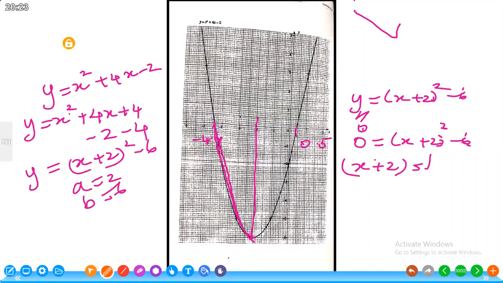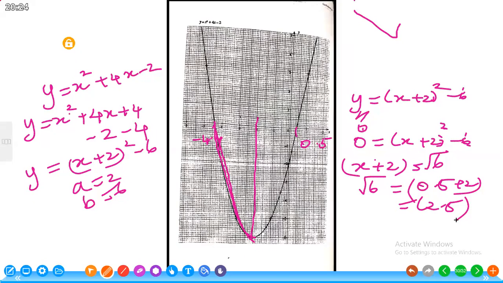Okay, to find the value of root 6, you have to substitute 0.5 for x. So 0.5 plus 2 is 2.5. First we converted into the form in the fourth part. Then they say find the positive root of the equation when y is equal to 0. So y is equal to 0 is the x-axis. The graph intersects at 2 points, -4.4 and 0.5. We take only the positive root, 0.5. Substitute this value of x as 0.5 and you will obtain the answer 2.5.